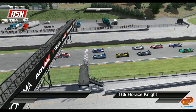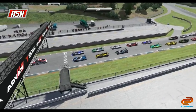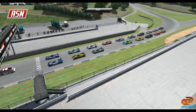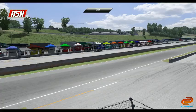So let's actually click through this. We're going to wait for them to start rolling before we go through the grid, so let's try that. It looks like, as we're rolling through the grid here, 11, 12 HPDs. Yeah, we got 12 HPDs, 2 Corvettes, and 5 Fords. So a decent-sized field here for the Fix Series. I was in a race with 25 HPDs, 2 Corvettes, and about 3 Fords earlier today. It wasn't very fun. But this is a 25-minute race, and as they roll off, let's see if the grid...